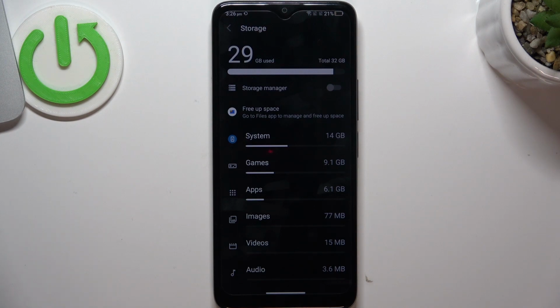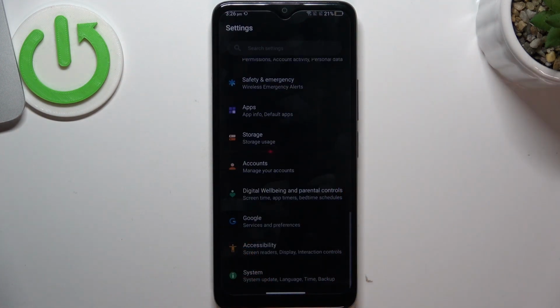Okay. So, the next aspect we need to understand is the RAM. All processes that are running at the moment are running in RAM. So I suggest you not to fill your RAM with applications like WhatsApp, Messenger, and other messenger applications like Facebook, maybe Signal, because all of these applications are consuming your